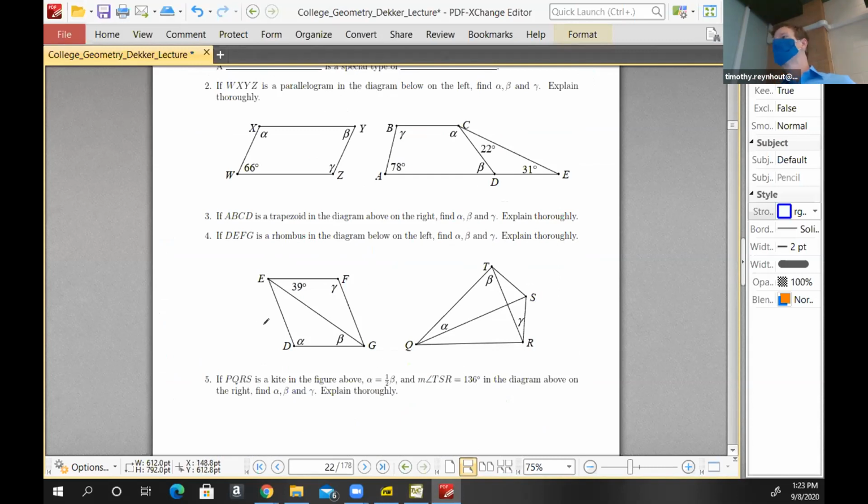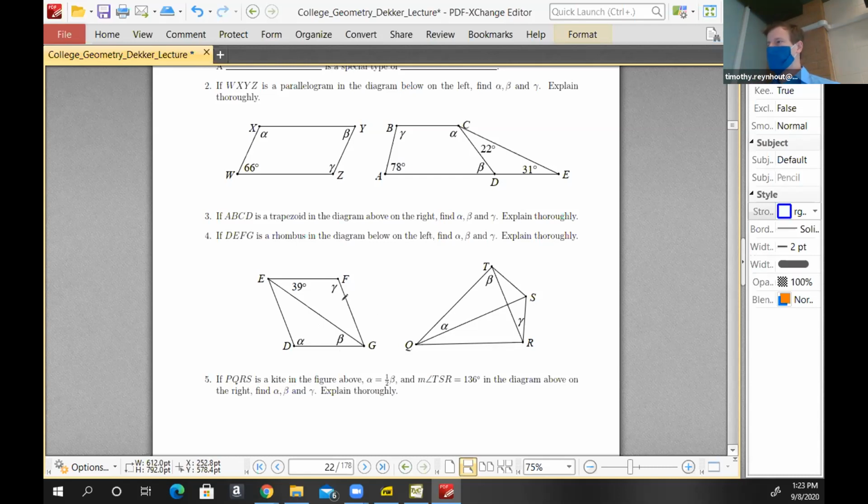So for example, I'm confident that we all know that on a rhombus, as we have here in number 4, gamma and alpha have equal angle measure. However, nowhere in this section does it say that they have equal angle measure. So it would be best if you explained why gamma and alpha have the same angle measure. And that can be done with a simple explanation.